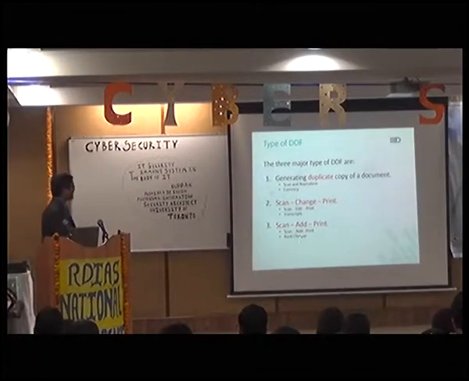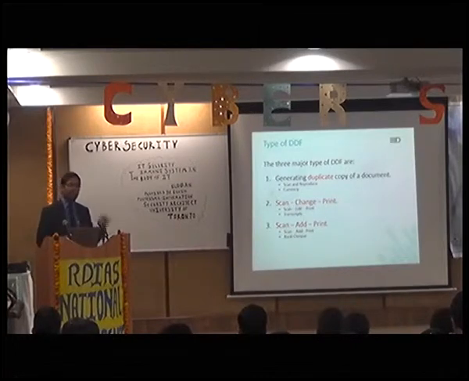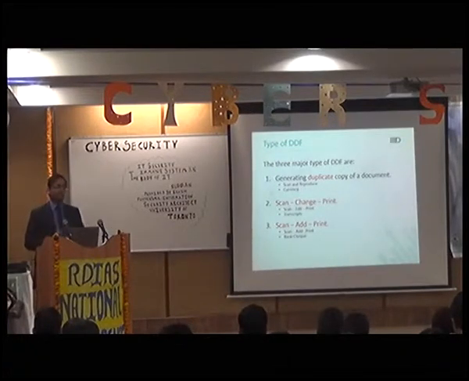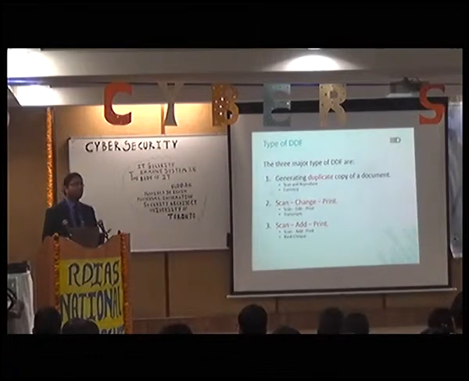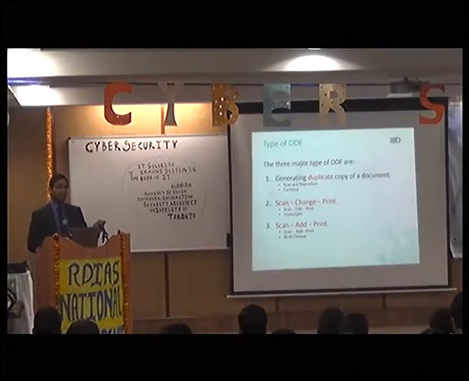Right? So I can either scan and reproduce, which is basically the currency scenario. Or I can scan, change and print, which is I scan a license, edit it, and then print it. Transcripts: I scan somebody's transcript and change things, or in my own transcript I change marks and print. Or let's say I copy a bank check and change some small thing. Somebody has given me a bank check, number 55, for 100 rupees. I scan it, change the number from 55 to 56, change the amount from 100 rupees to 1 lakh rupees, and try to use that check in the bank. So these are the possible ways I can make a counterfeit document.